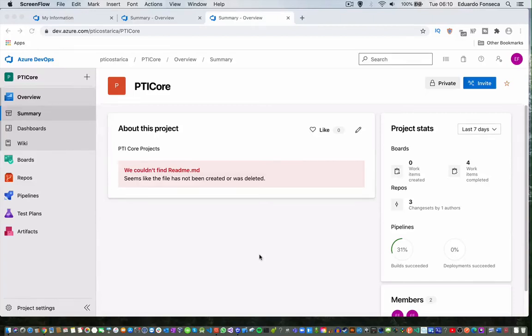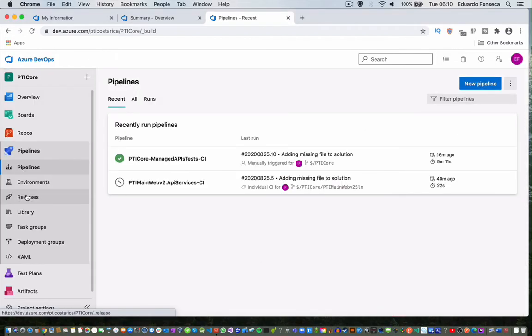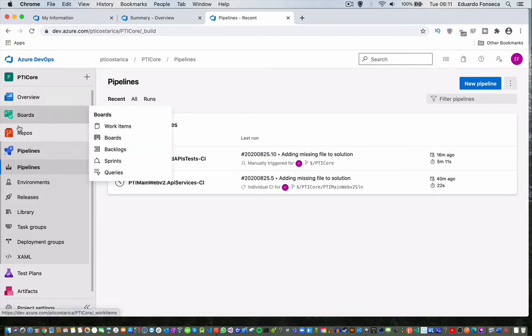So today we are going to learn how to create Azure pipelines in order to be able to build your projects and run your automated unit tests, to guarantee that your system is working fine beyond your development environment. Okay, so what we are going to do is create a pipeline for one of